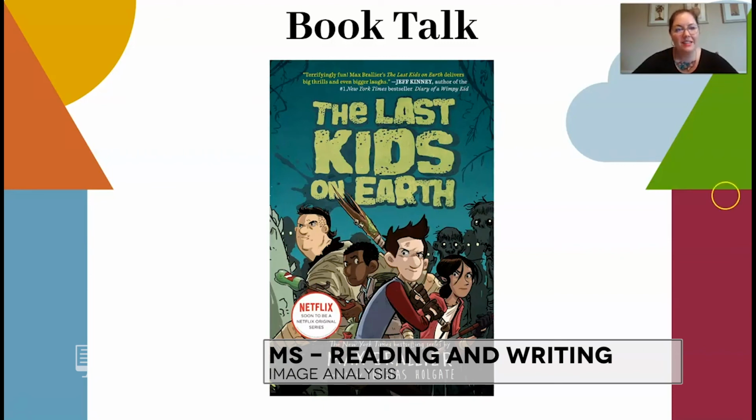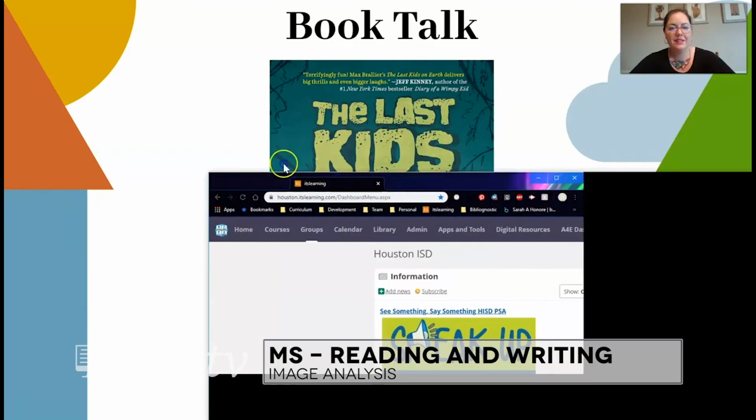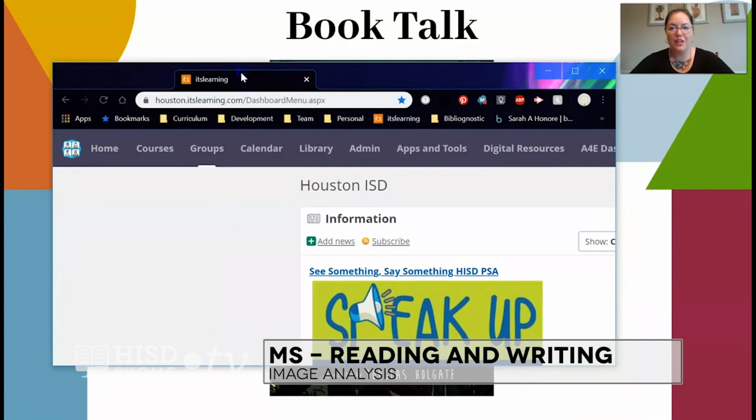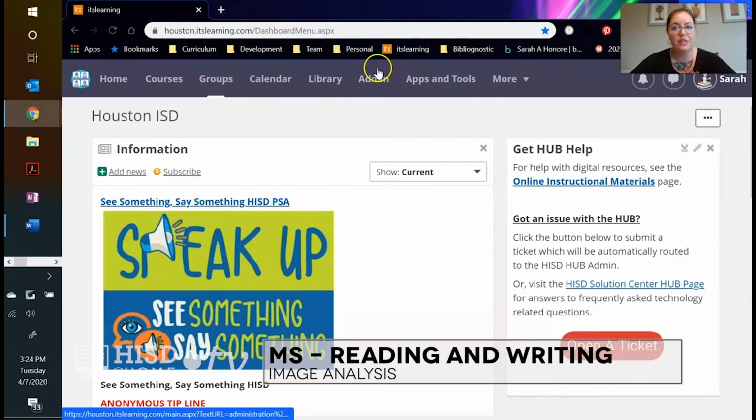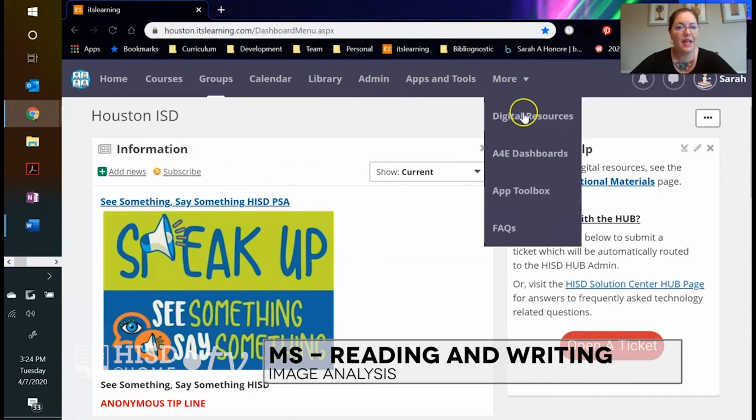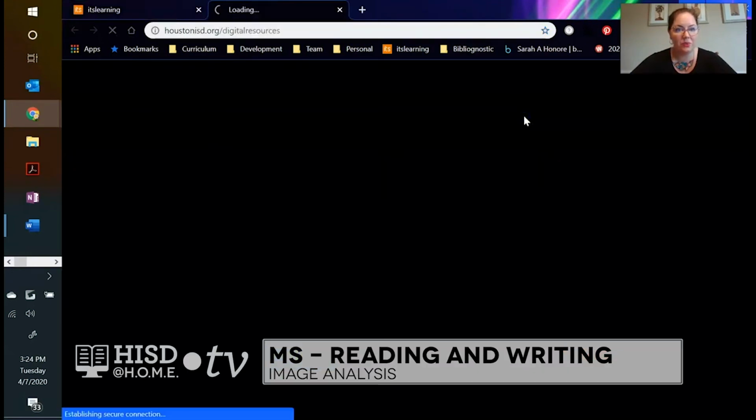Again, you can access it on Mac and Via, and if you're not sure how to get onto Mac and Via, you can either download the app on a phone, and you get on there using your regular login information for school, or you can get on via the hub, and I'm going to show you that really quick. I'm just going to drag my screen over here, and mine might look a little different from yours, and that's okay. You will still have this purple toolbar up at the top, and so if I click on Digital Resources,